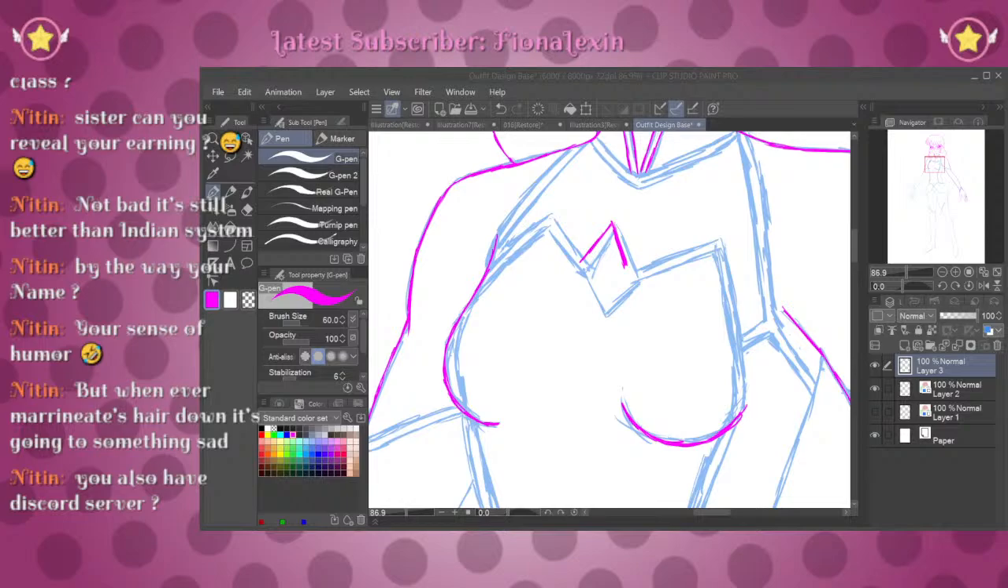It is always fatter at the top and thinner at the bottom, so let's actually